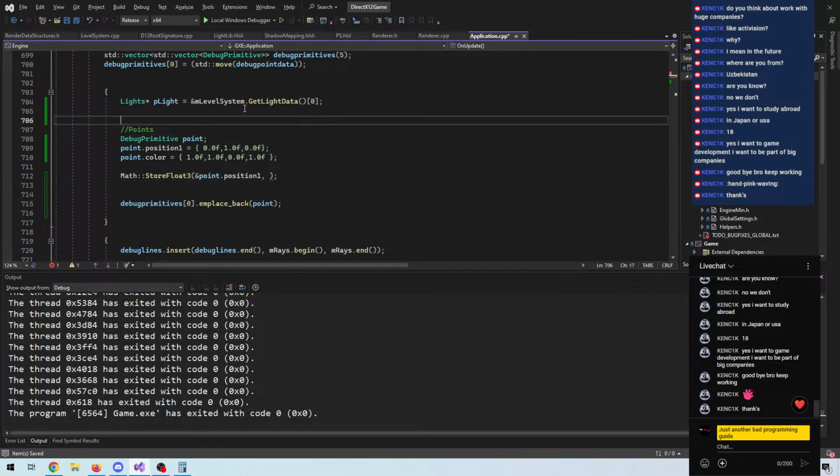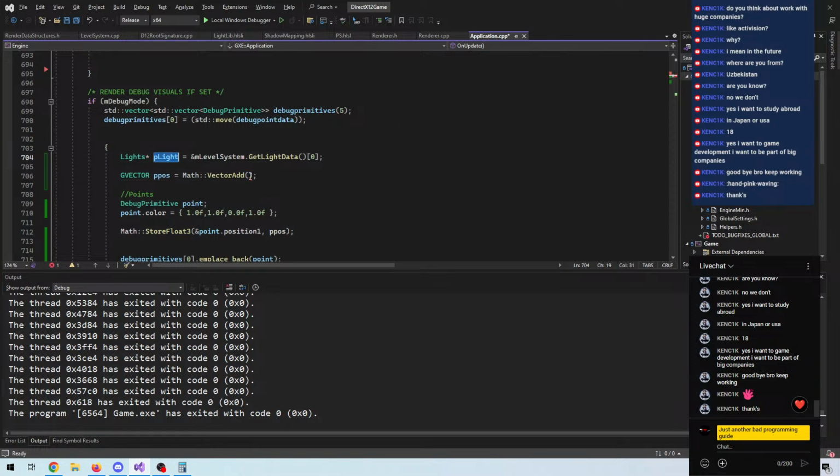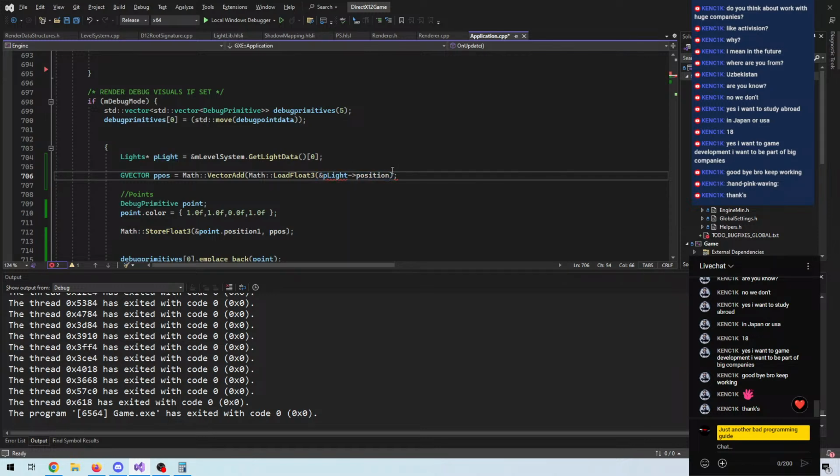Let's see, g vector point p pos. And let's calculate math vector add r, math load float p light position reference, and